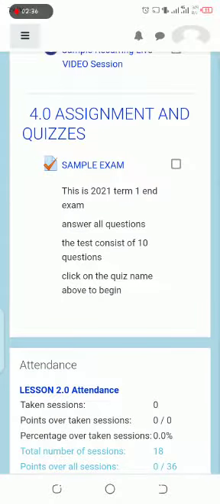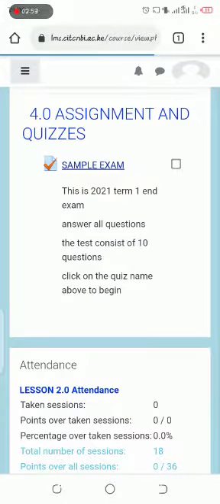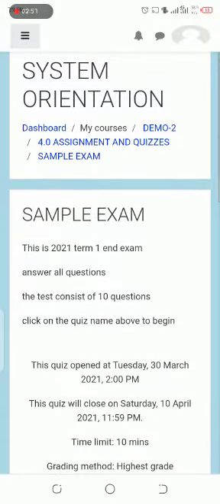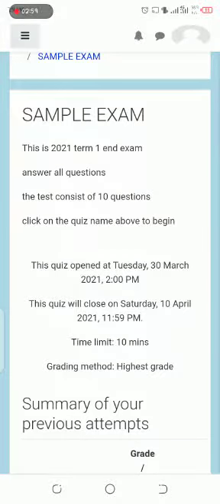So for your different examinations, you're going to have a sample of this, and your exam will have the instructions. Make sure you read and understand the instructions for the different examinations, and in case you have a question, make sure you contact your course tutor before the examination begins. And once you're sure you've understood the instructions, click on the examination to begin. The same instructions will repeat itself,